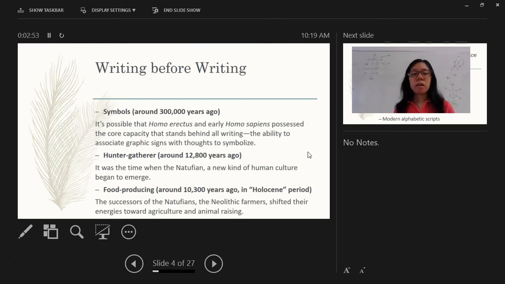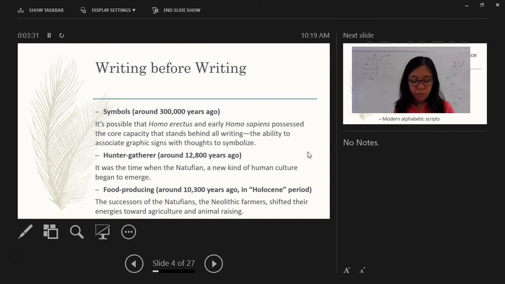So this is what our ancestors did before writing. First they developed symbols, then they were hunter-gatherers, and then they became food producers. Symbols developed around 300,000 years ago. It is possible that Homo erectus and early Homo sapiens possessed the core capacity that stands behind all writing, which is the ability to associate graphic signs with thoughts, to symbolize. There is some proof that they were using symbols to